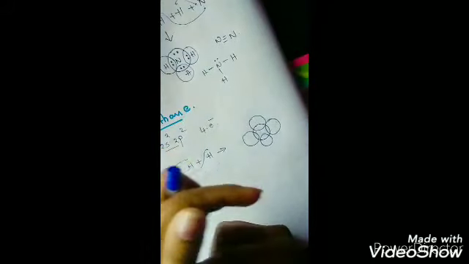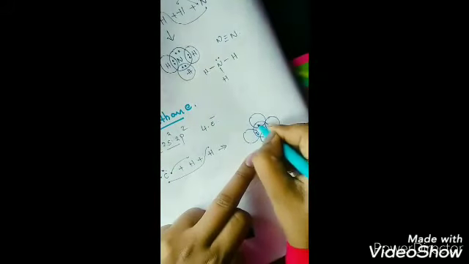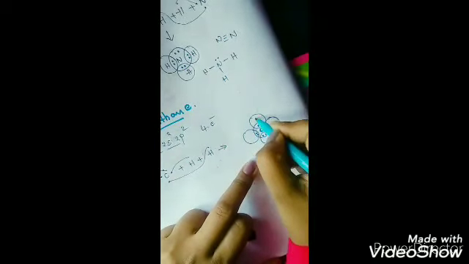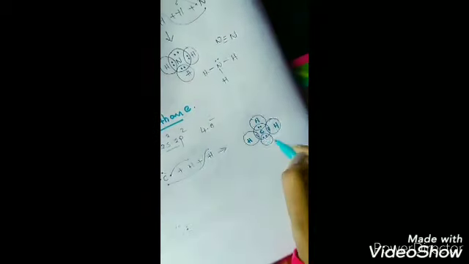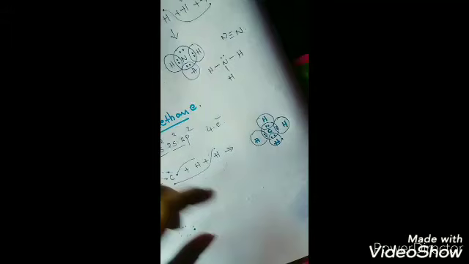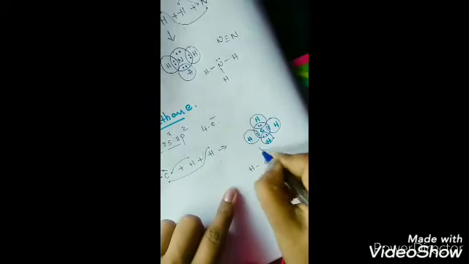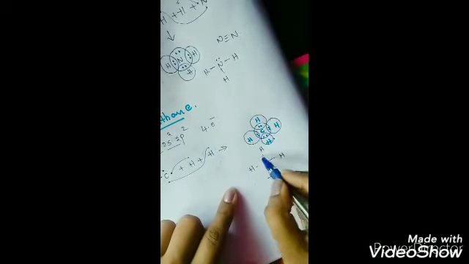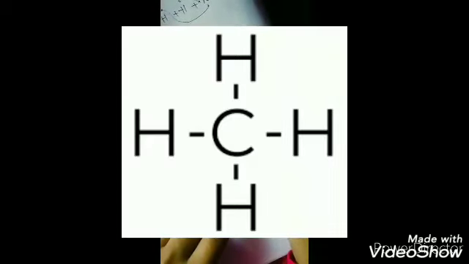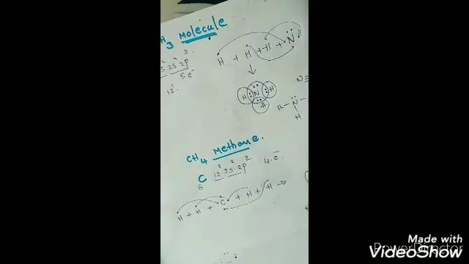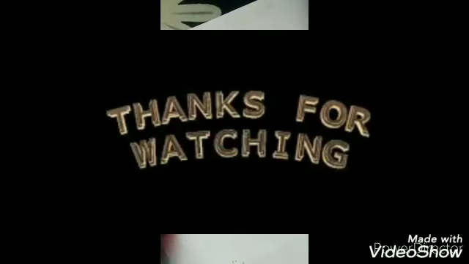If I represent the dots, just like Lewis dots, carbon, and these are the hydrogens. This is the structure for CH4, methane. We can also write it like this. This is the CH4 structure. Around the central atom there are 4 bonds. 1 bond means there must be 2 electrons present. These are the bond pair of electrons. Did you understand, students? This is about covalent bond formation with a number of examples.